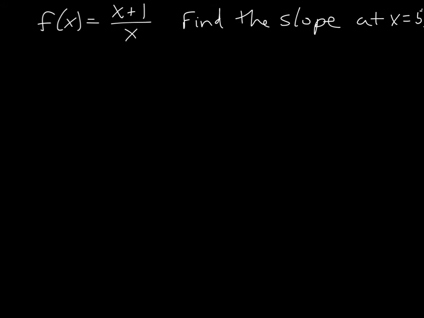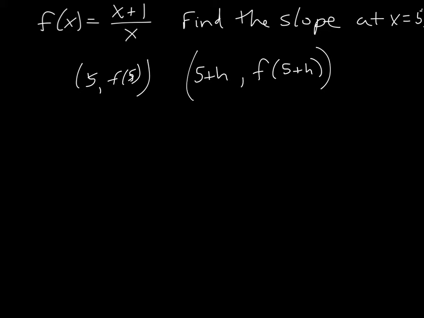So I'm going to set up slope formula. I know that I have this function passing through 5 comma f of 5, and I don't know what f of 5 is right now, but I'm not worried about that. And I need to pick some other point for it to pass through. So instead of doing 6 or 4 or something like that, I'm just going to do 5 plus h being just hopefully a small quantity. And then my y value would be f of 5